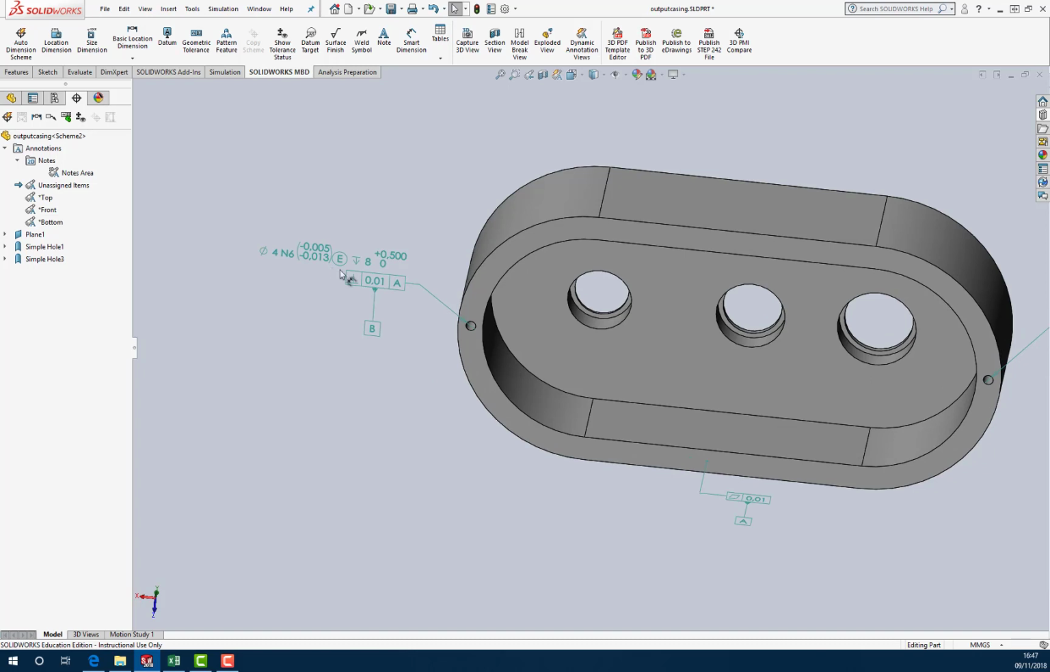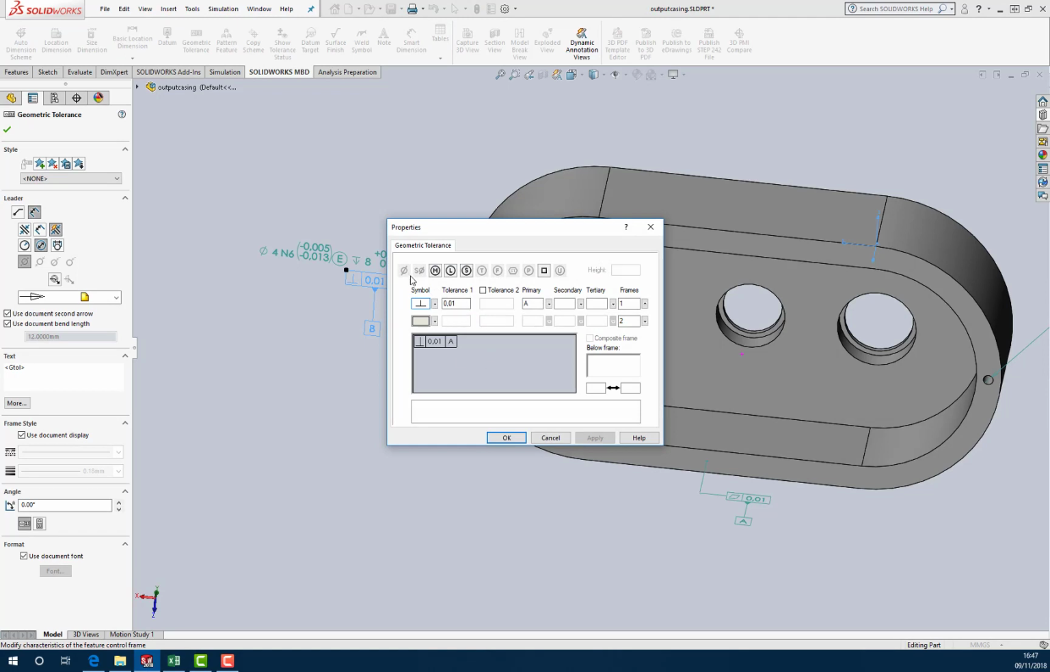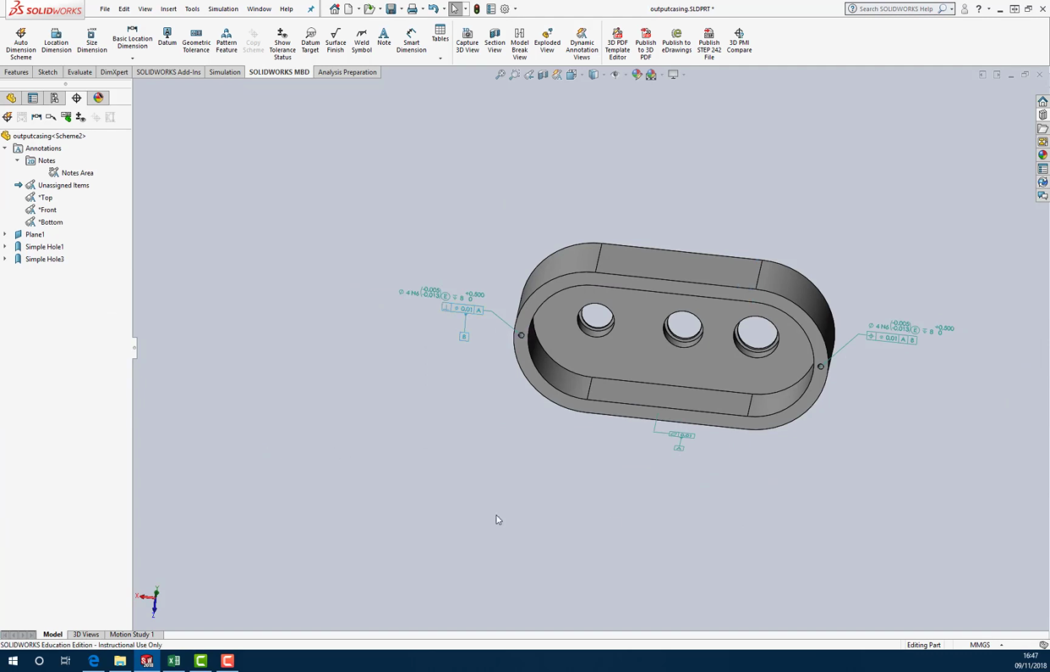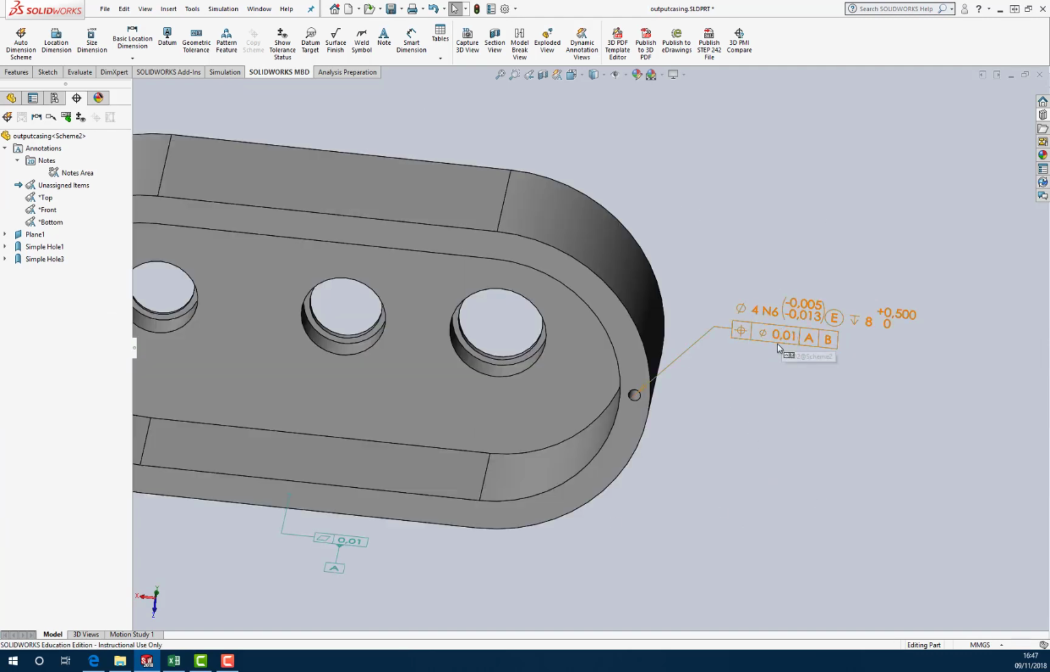Just need to go back and check. You see, I haven't set that with a cylindrical tolerance zone. If you don't, you can just double click on it, and you can hopefully edit that. There we go. So that's this one set up, and we need to set this up as datum C, so